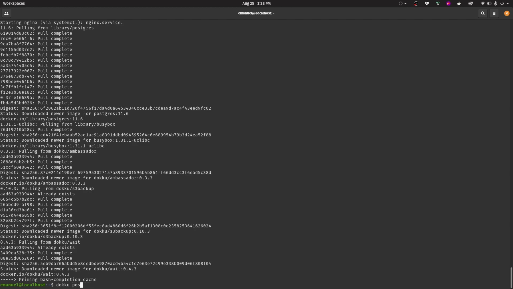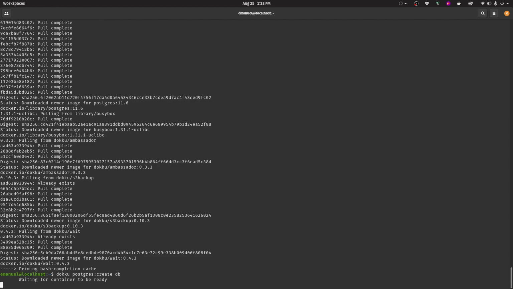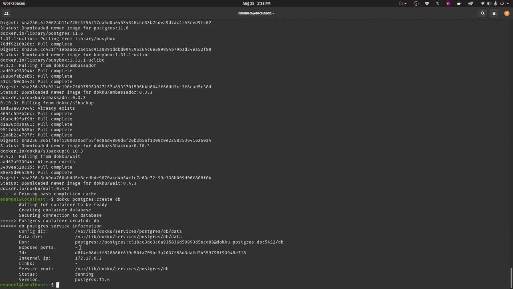We're going to do that by typing dokku postgres:create, and we're going to name the database db. And as you can see, it created our config directory and our data directory. It also added an ID. So it essentially set up automatically everything that we need in order to now connect our counter application